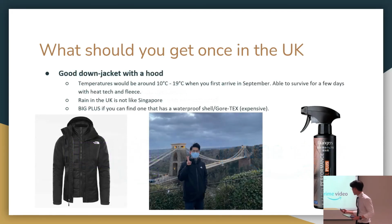The next thing I recommend getting is a good down jacket. I got mine in Singapore because travel restrictions were still on. I got mine at North Face for 80% off. But you cannot get that deal right now. I'd say get it in the UK because